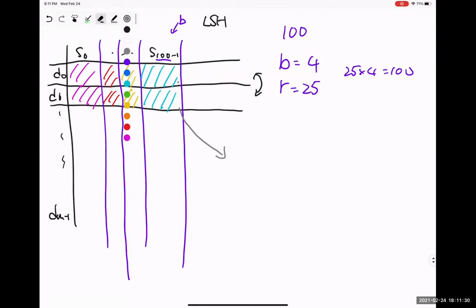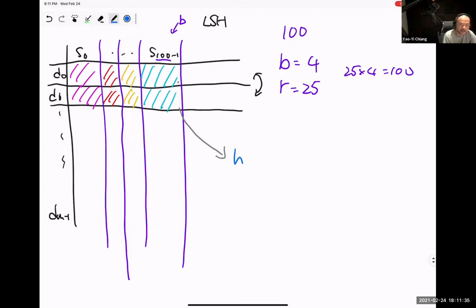Each sample is the input of a hash function. They should be using the same hash function because they are the same band. They go into this hash function, and the hash function will give you some numbers. Okay, so the first one is the D0, the second one